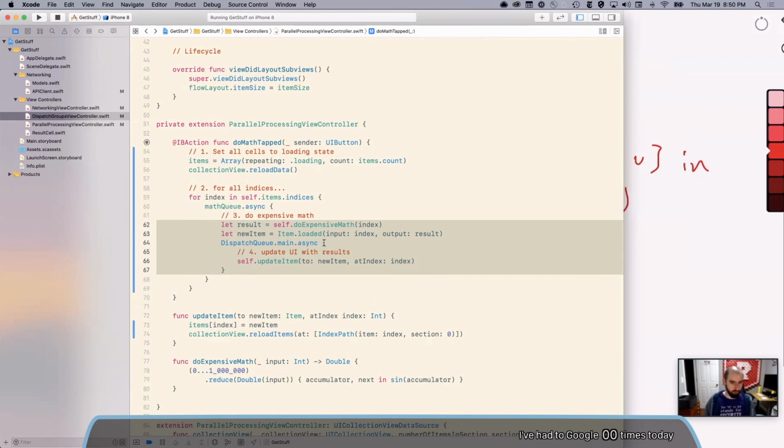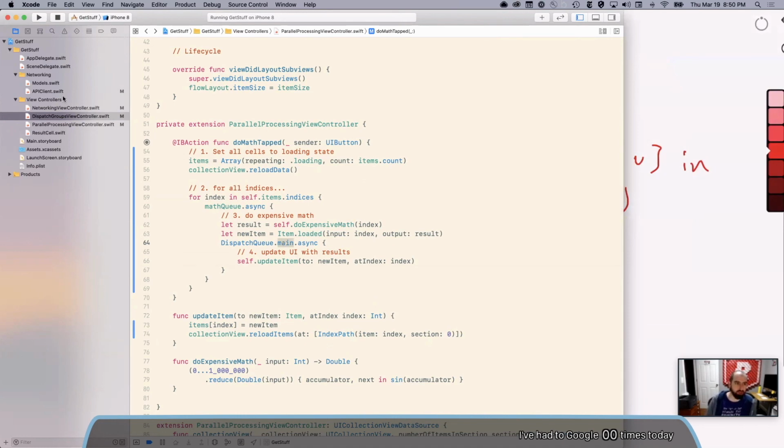And then the most common case, our old friend dispatch main. This is always going to run the next time the run loop ticks over. I know we didn't talk about run loops, but the next time the app does a thing, on a sixtieth of a second time scale or faster, it will flush through any work that is queued up on the main queue. And so it's generally okay to reference self inside stuff on a dispatch to main, because while the work on the queue owns self, self does not own the main queue. It's the main queue, and that work is not going to live for very long.